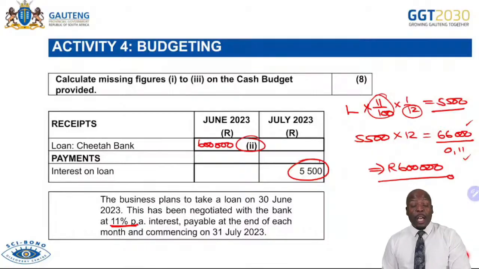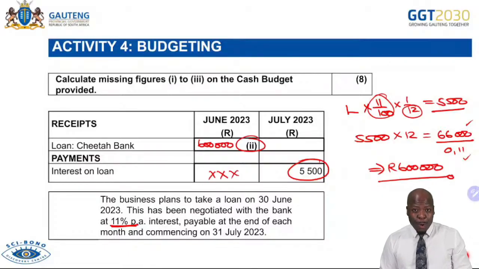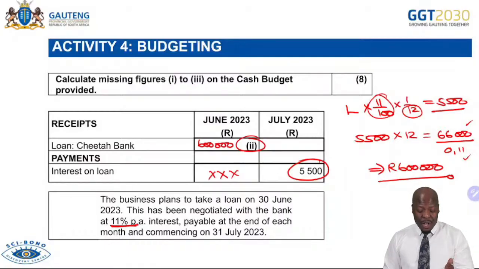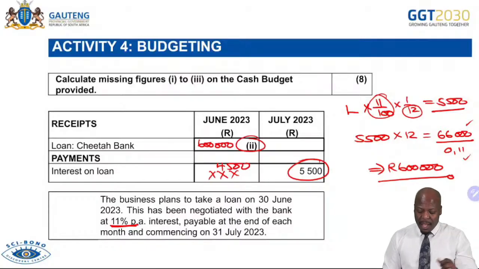600,000. Very important. So at times they can ask you how much of the loan was repaid. You should be able to do that, whereby you see the difference in the interest on loan, where you are given a different amount of interest on loan. Okay? Can I say that again? This kind of adjustment can come with the loan, whereby you have a difference in the loan. Let's say here it's 4.5 and here it's 5.5. The difference in the loan, you can see that the loan is increasing. The interest on loan is increasing. That means we received a loan. The examiner can ask you that kind of a question as well. Here is an increase. There can be a decrease as well. You should be able to know that one as well.